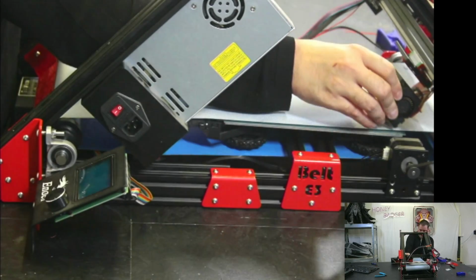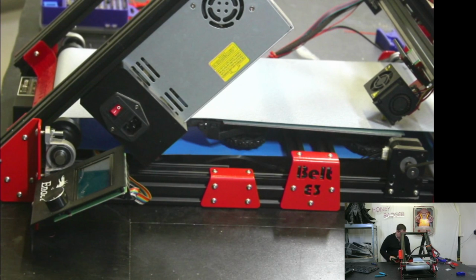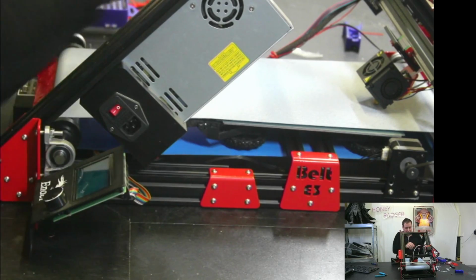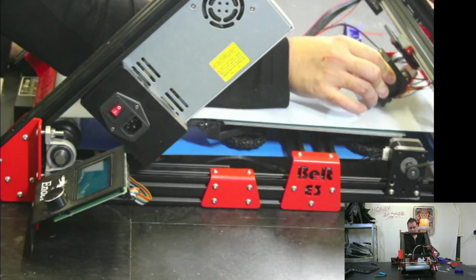See that? None of that catches, so that's good. Definitely made that Bowden tube just ever so slightly too short, so I'm going to have to change that. Bear with me, callers. Right, Bowden tube's changed. So we're not having to worry about